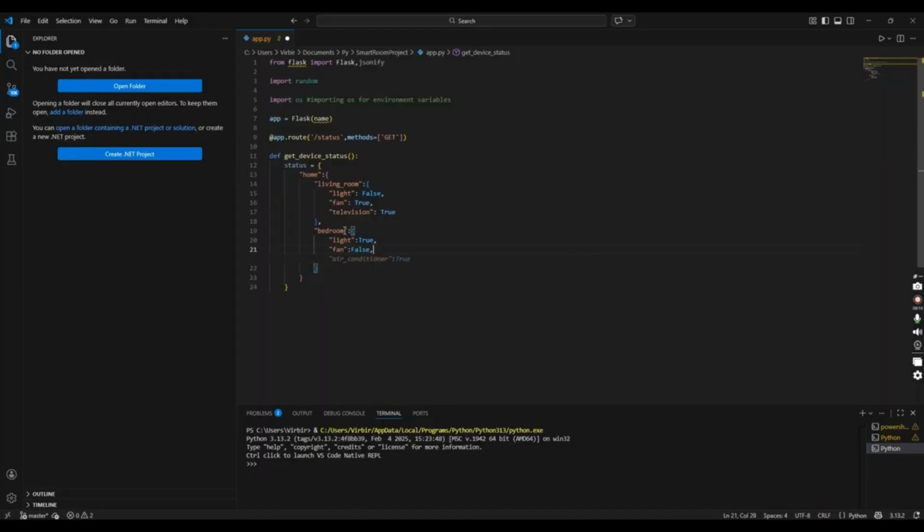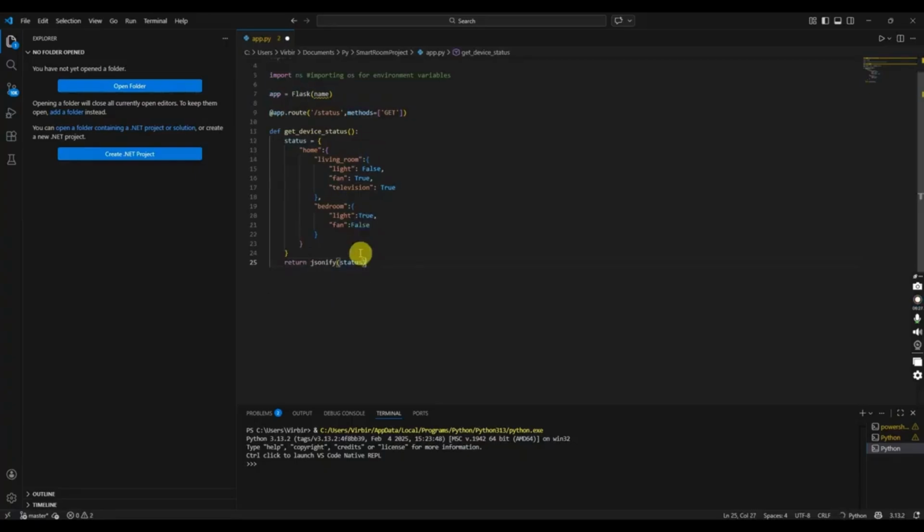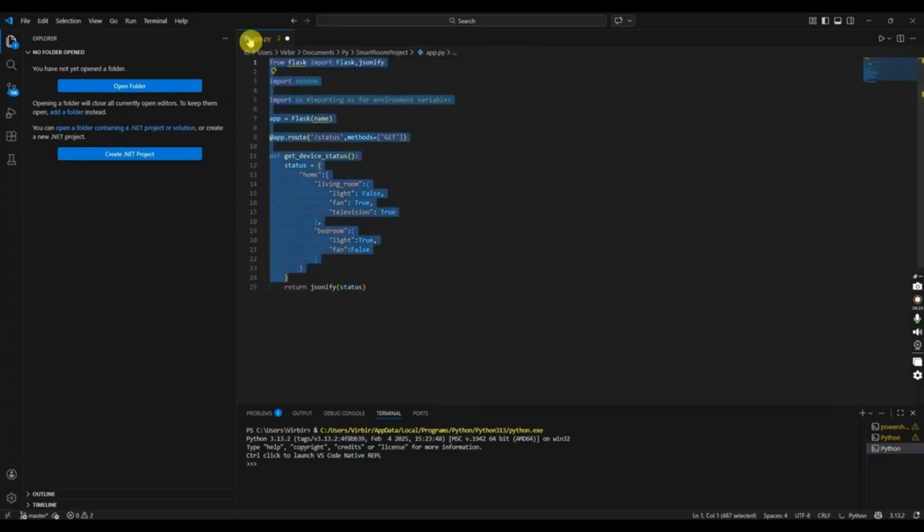For the testing, you can give anything. So hit enter, and then it will return the jsonify status. Okay, so that's the app.py script, and then save, and then we can run it later, but we have to